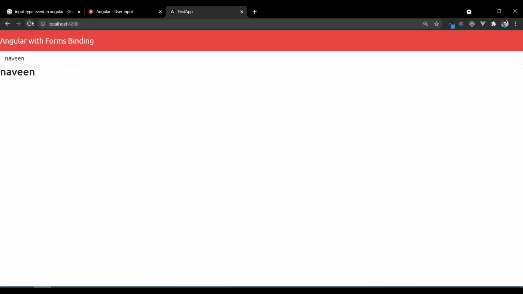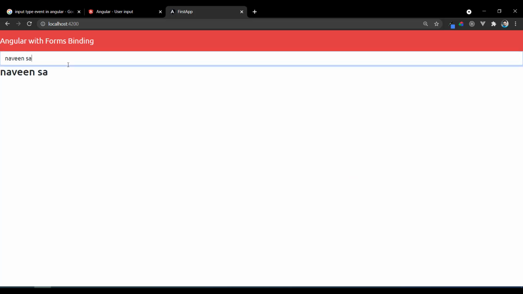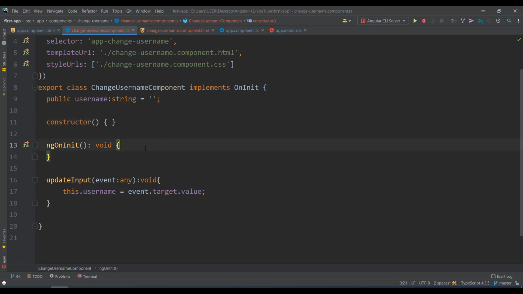So you can check now. It is by default my name because I have given my name. When I remove it, see, it is removing there. When I'm typing it, it's working. So this is two-way binding but manual. But first of all, when the page loads, by default Naveen is coming. I don't want anything, so you can just clear it as empty. Generally, any form field you take, you just take a form field with empty data, and then when you start typing, you get data. Got it? This way. Okay, fine. So it's done. We have done with the manual process.